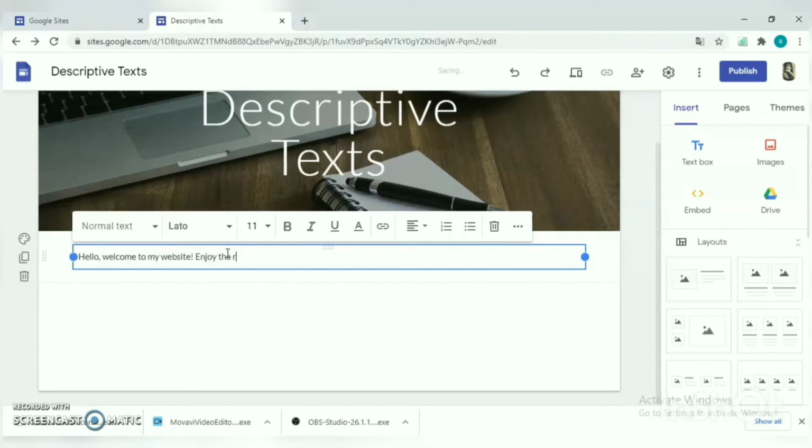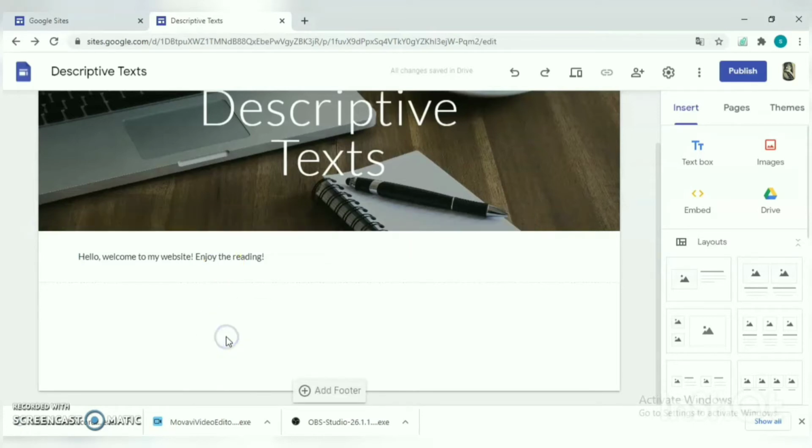Enjoy the reading, for example. Okay, and we're done with the introduction. If we want to add something more here, under here we can add more, like we can add text box